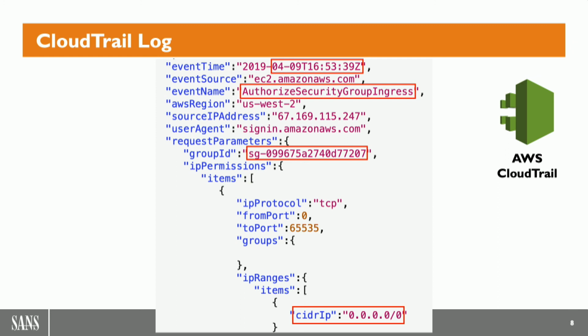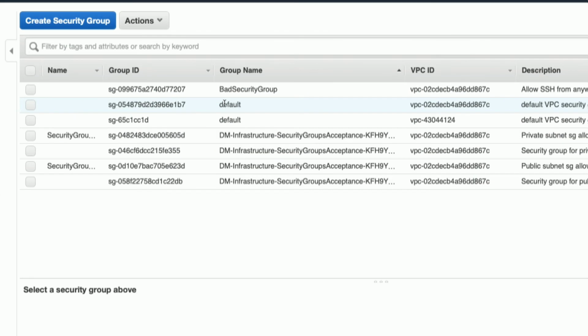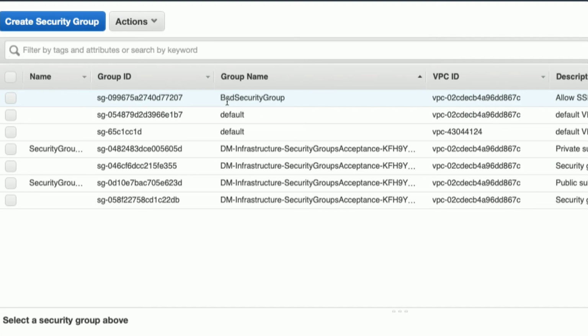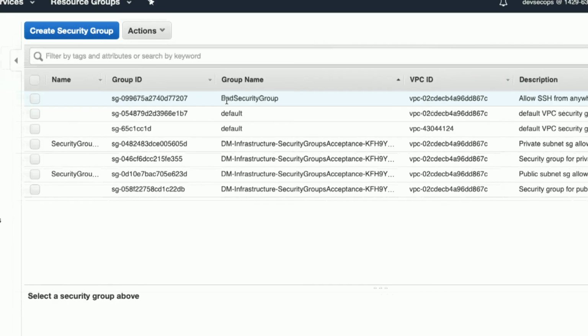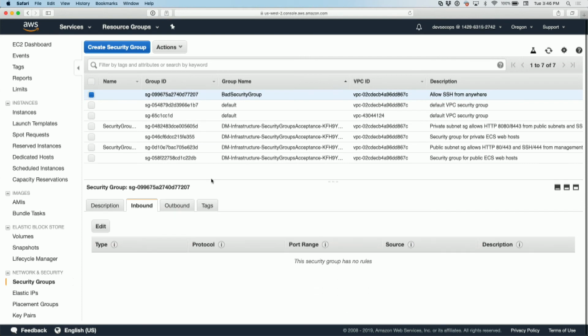Now, I'm going to go ahead and start with the first part of this basic demo that I mentioned here. So I'm going to go to my AWS console, where I'm already logged in. And you can see I'm specifically in my EC2 area in the security groups settings. And you can see I've got this bad security group that I've specifically created just for example purposes. And if we select that, you can see down here at the bottom, there are no inbound